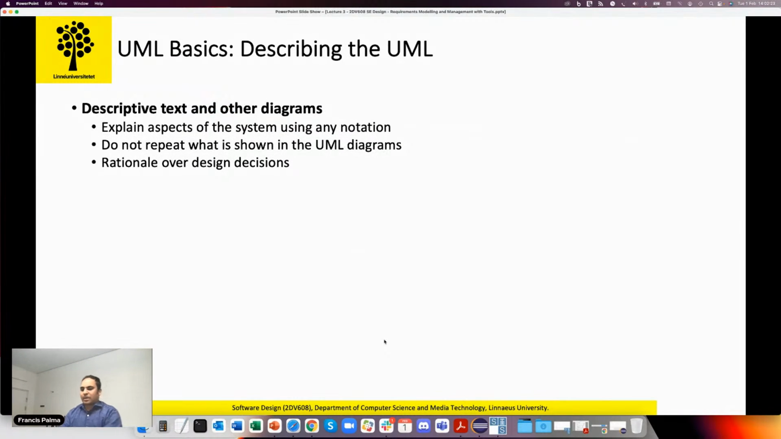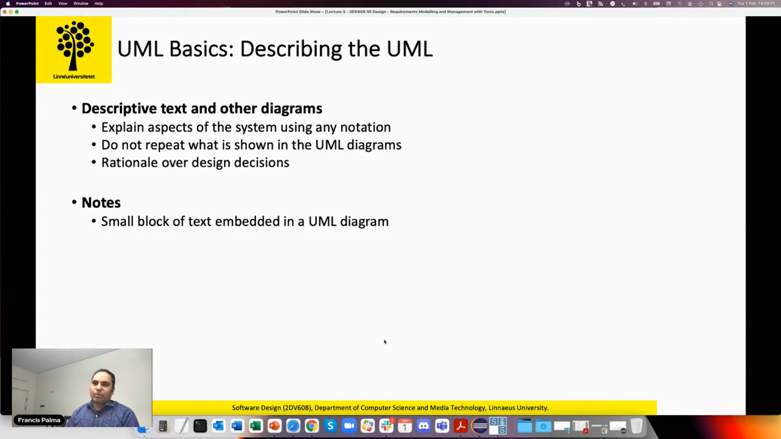So I think this is the last part before we will have a break, and that is about describing your UML model. You can describe it in different ways, as you know, either using descriptive text or using other diagrams. But when you are using descriptive text, try not to be repetitive. Whatever is in your model, don't reflect that in your text. Try to